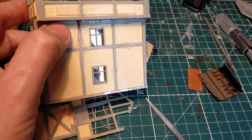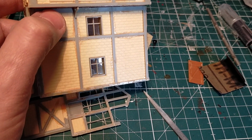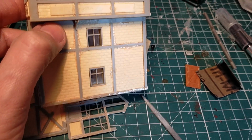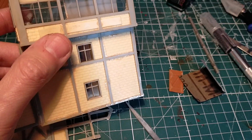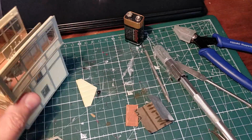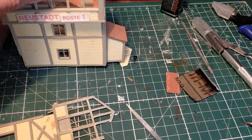With the decals, I can even choose whether to make white writing on a black background, which would be consistent with the station, because anyway the white styrene would act as the background for the writing. I'll have a look anyway at some reference photographs and decide what to do. Of course, I don't have a colour printer, so I can't print anything in red. But we have to see what